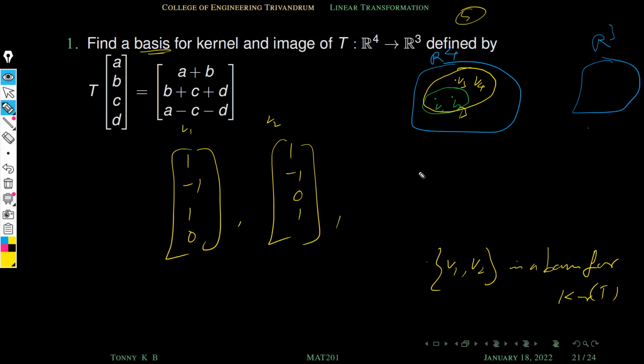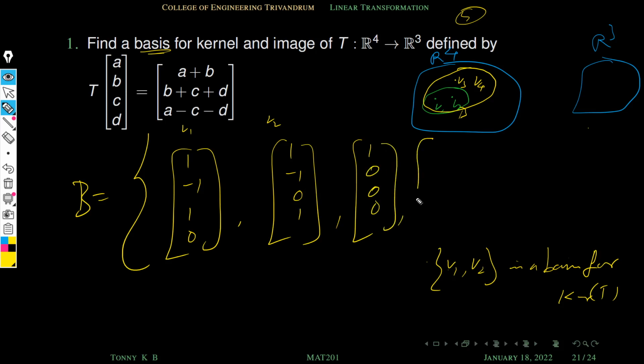There are so many extensions. This extension is not unique. So which one is simple? I think it is better to extend this basis using elements from our standard basis. Already this vector contains a term like 1 0 and here 0 1. So I'm going to extend this one using the two elements from standard basis, that is 1 0 0 0 and